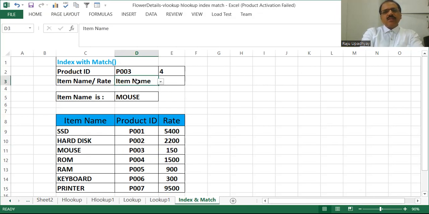Now, you can change. I don't want to see the item name. I want to see the rate of this particular mouse. So I can click here and I can select the rate. So we're getting the rate of this mouse, that is 150. Now, again, we can change here. We can go for